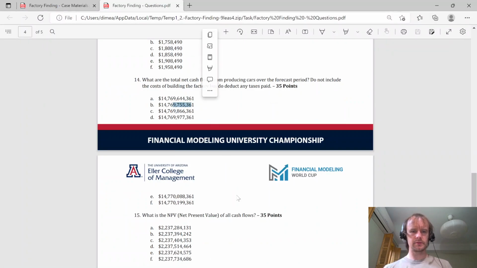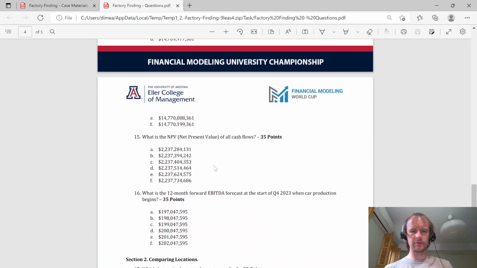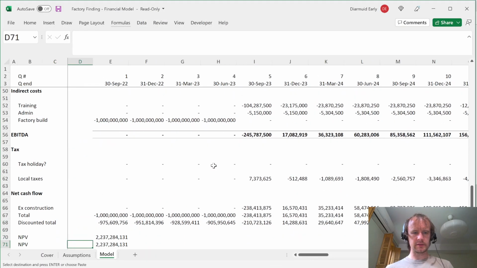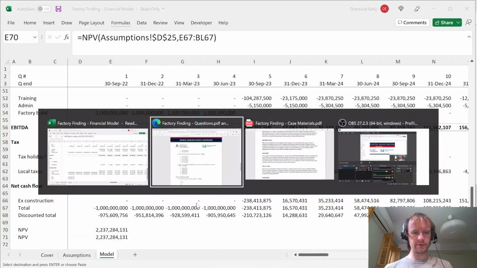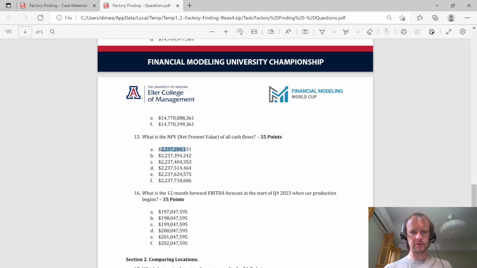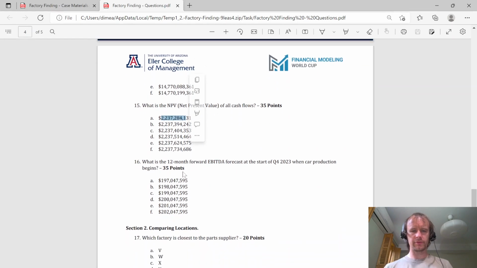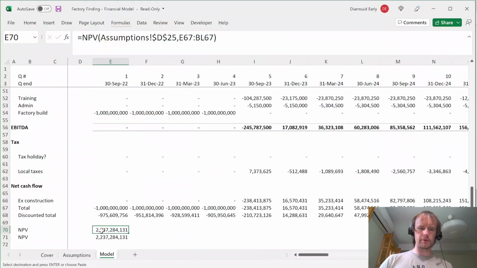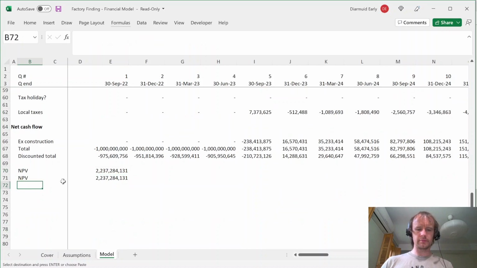14769755361. Yes, good. The NPV of all cash flows, that's either of these two over here, 2,237,284,131. Yes. And the 12-month forward EBITDA forecast at the start of Q4 2023 when car production begins. So I'll just put that in here. Forward EBITDA